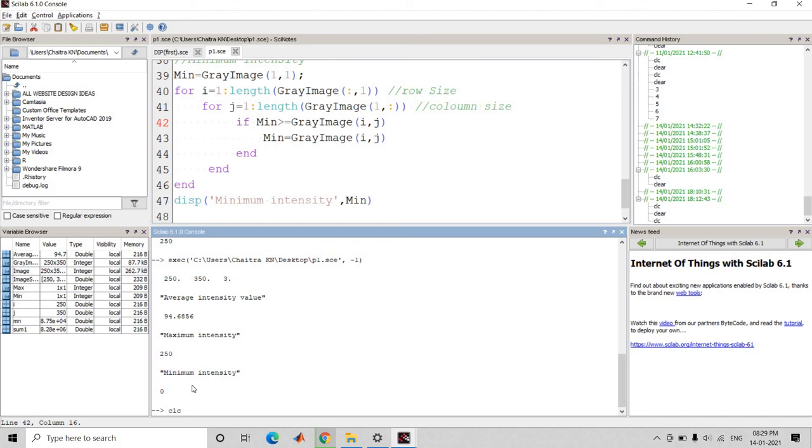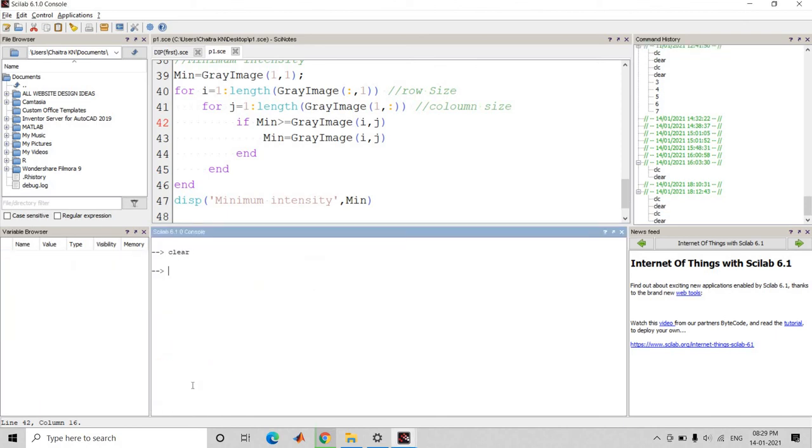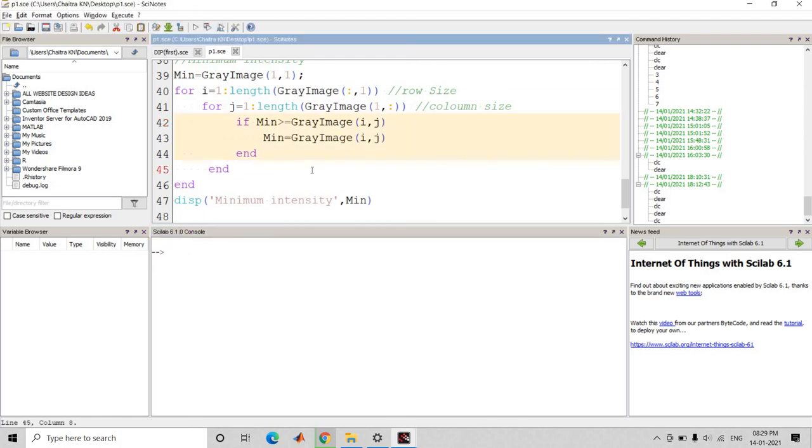You can clear the console, then clear the variable browser. In the upcoming video, you can see the execution of the second program in digital image processing. Thank you.